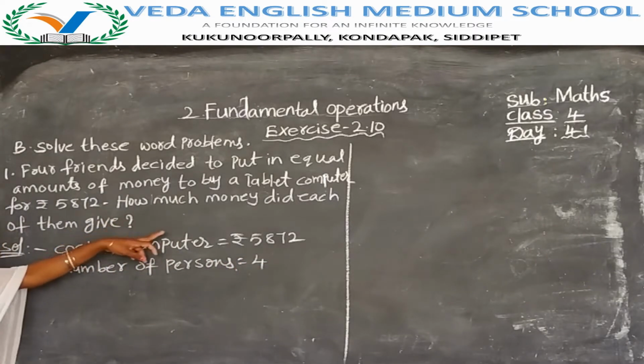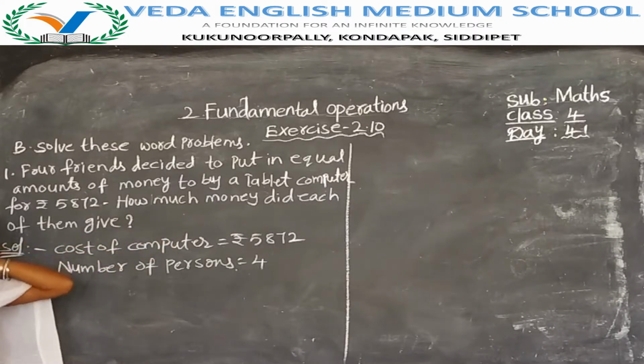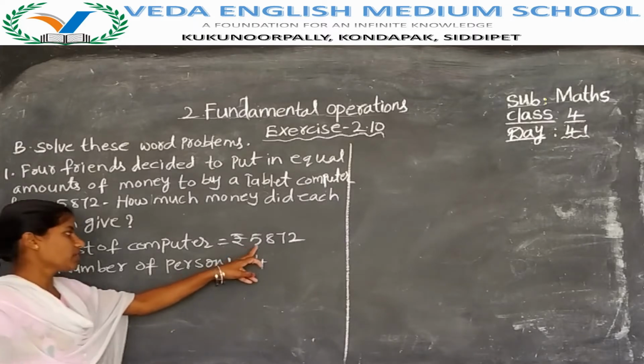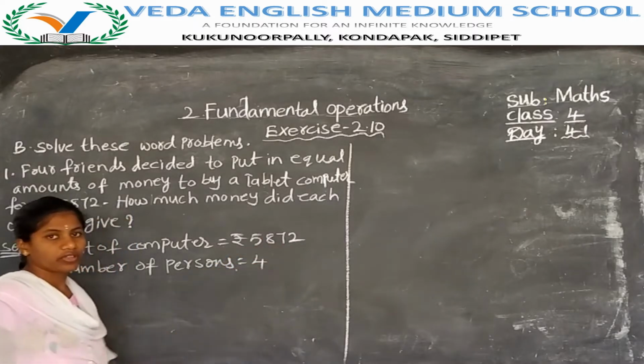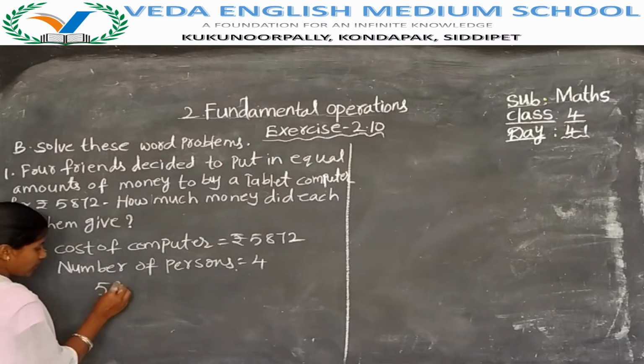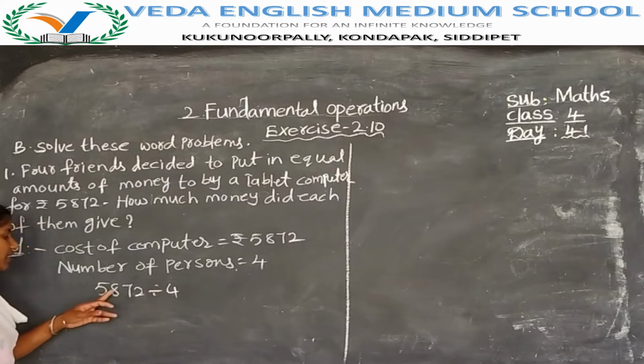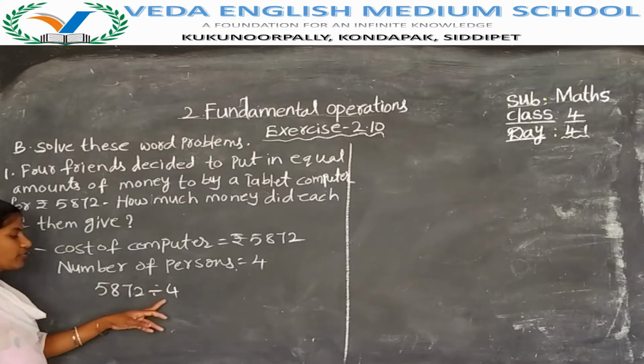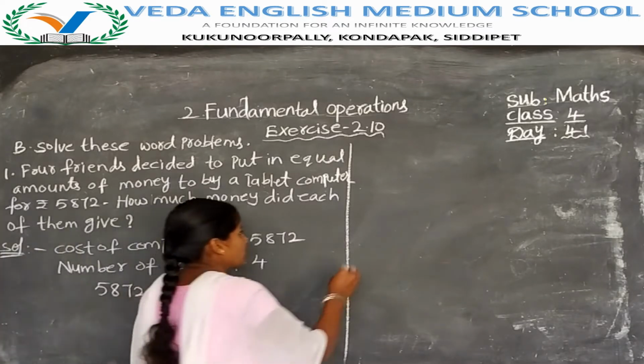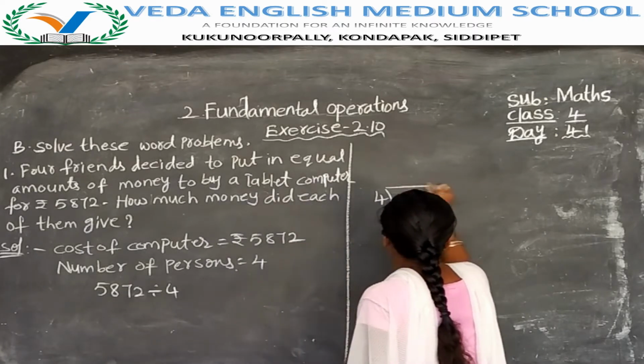Now, how much money did each of them give? How much money did each of them give means what we have to do? To find their each amount, we have to divide 5,872 with 4. Now, 5,872 divided by 4. 5,872 is the dividend and 4 is the divisor. Now we have to divide 4 with